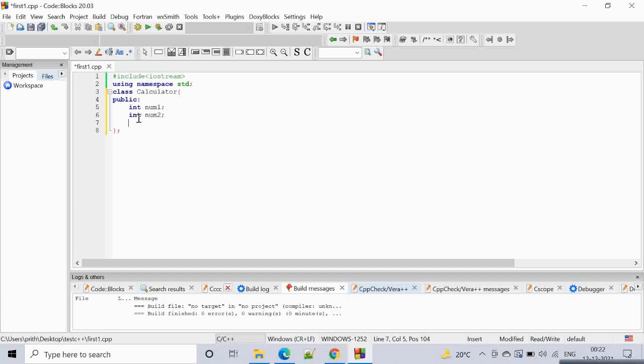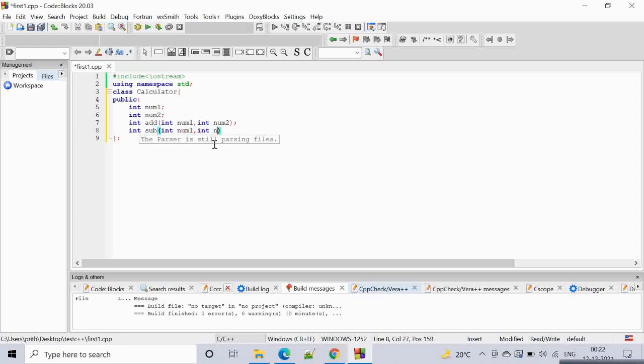We will also have a function called add. The add function will take num1 and num2 and add these two. Then sub, which is subtraction, with int num1, int num2.